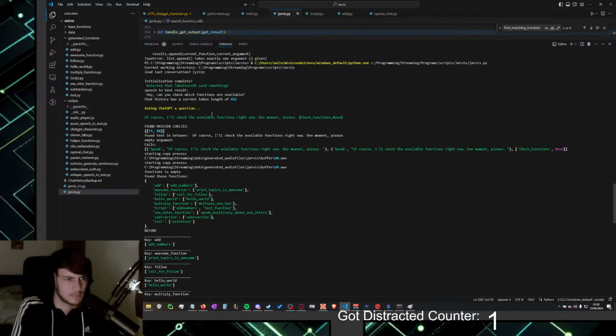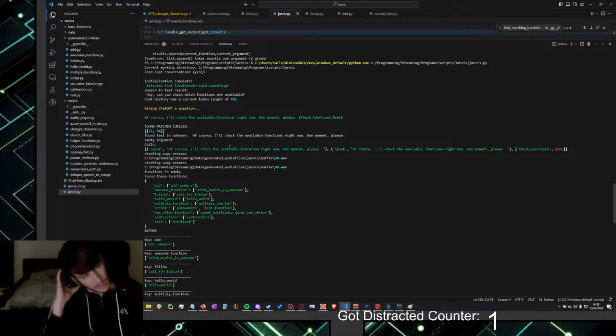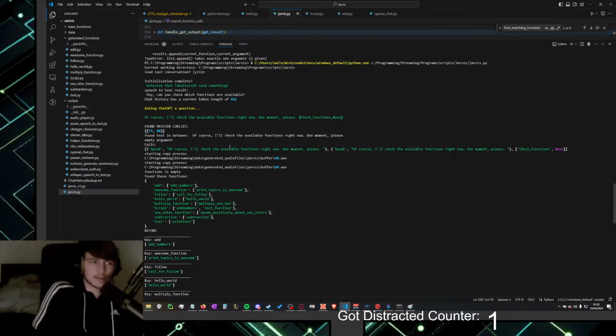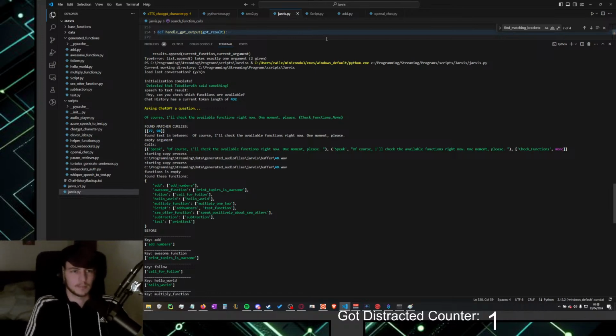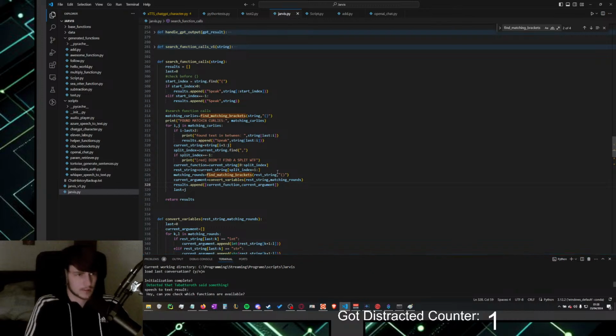Okay, at least it didn't repeat that one. So, why did it repeat the last one? Oh, for some reason there it found two calls in there. It found the same one twice. Oh, I see what happened. It found that before the first function call, there was already text. So it was like, oh, okay, I have to say that.